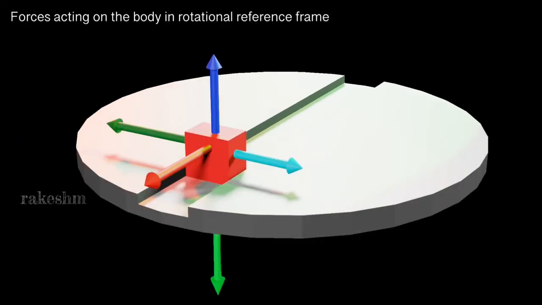Let us now have a look at all the forces acting on the body in the rotational reference frame. This includes the forces which are acting and also the pseudo forces. So we are putting all the forces in one diagram. This is the normal reaction force due to the slot base. Next, this N2 is the normal reaction force due to the side wall of the slot. Then there is the gravitational force mg. Next, we discussed in detail the centrifugal force, which is m r omega square, where r is the distance of this block from the center here.